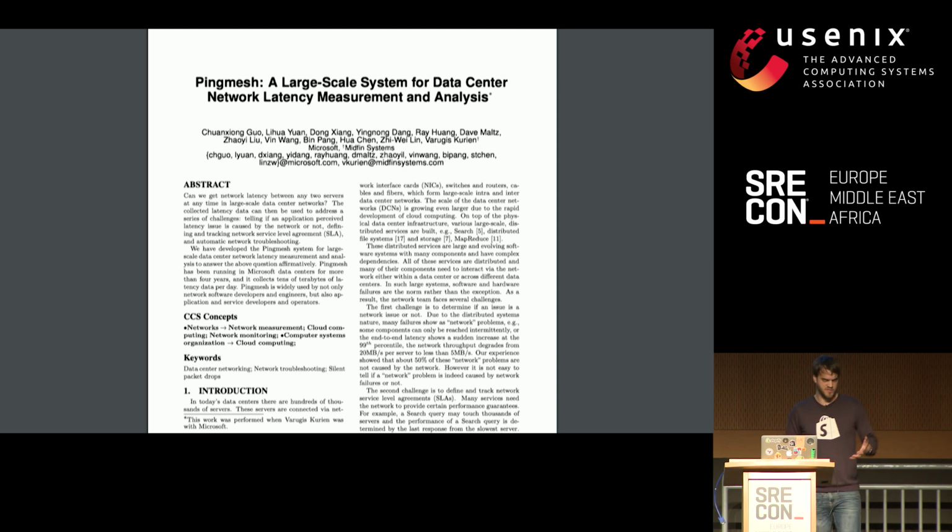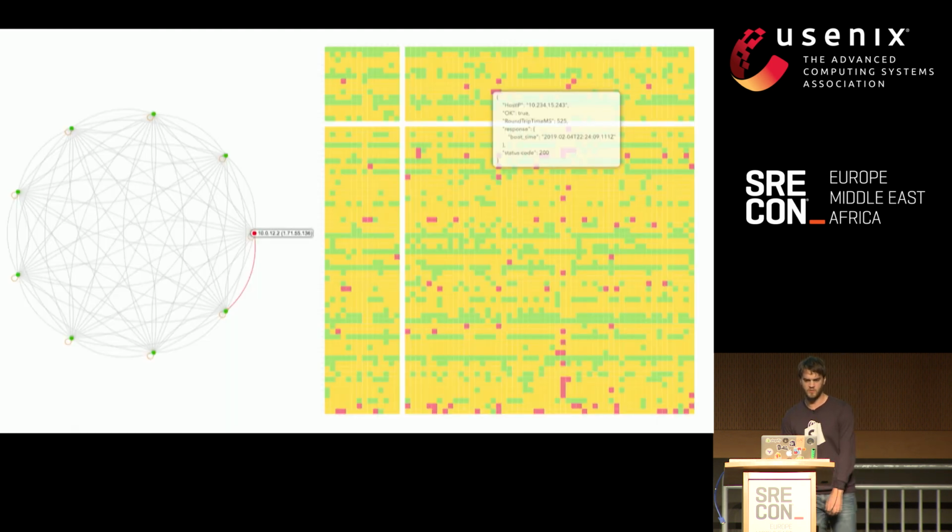So instead of just starting off building our own, we did seek out some existing technology. The only one we found, and I love the name, was a Bloomberg project called Goldpinger. For anyone that likes James Bond, great name. It had this visualization on the left, and it's pretty hard to notice patterns in that. The ping mesh paper had this great grid visualization. Whenever you have this sort of graph, especially a complete graph, it's very useful for visualizing and quickly identifying patterns that exist in your data.